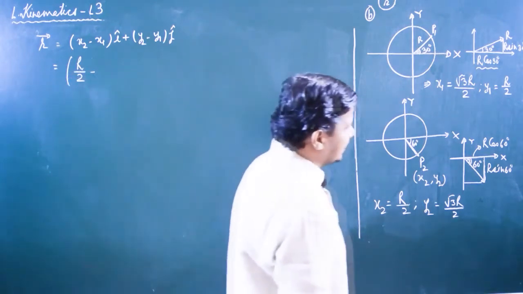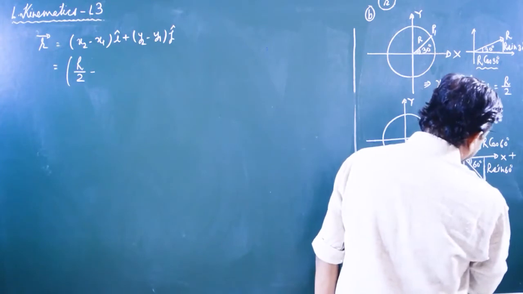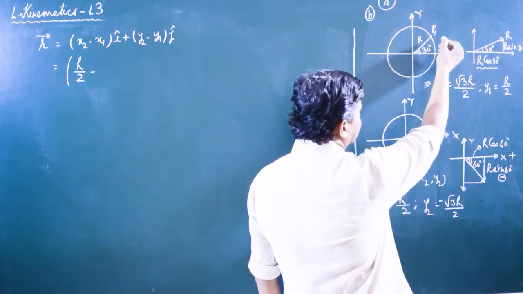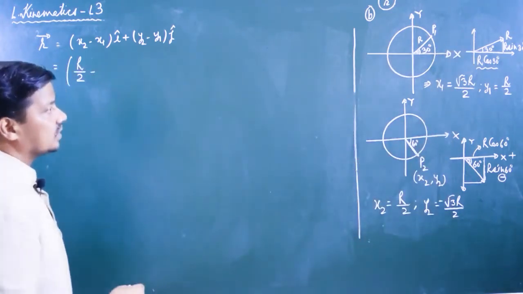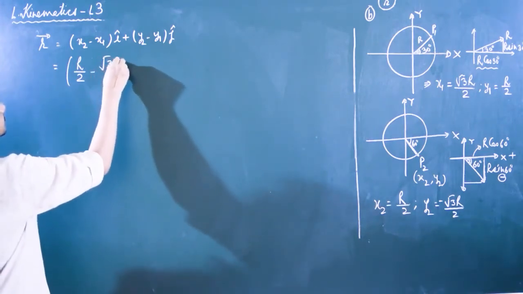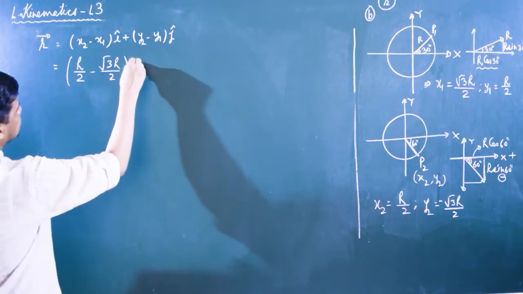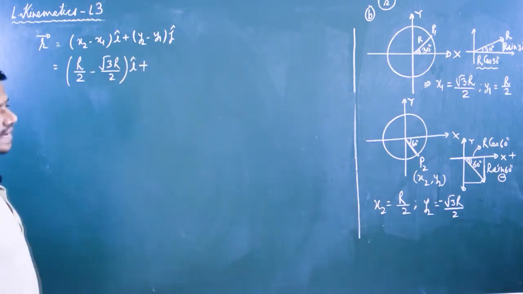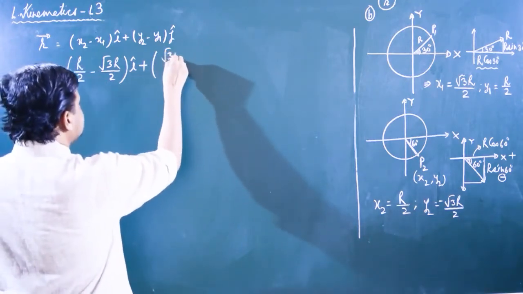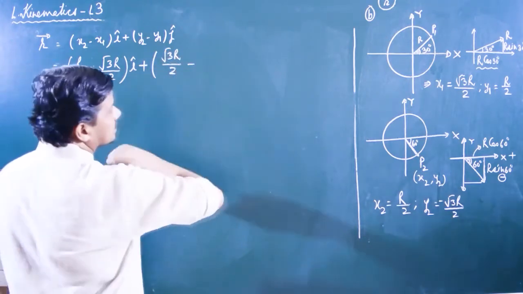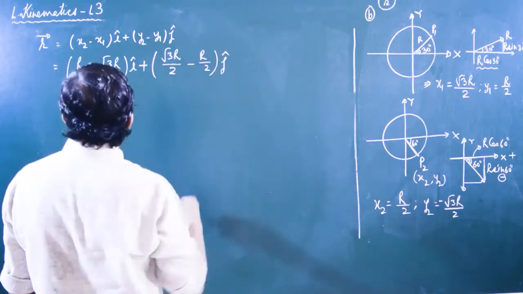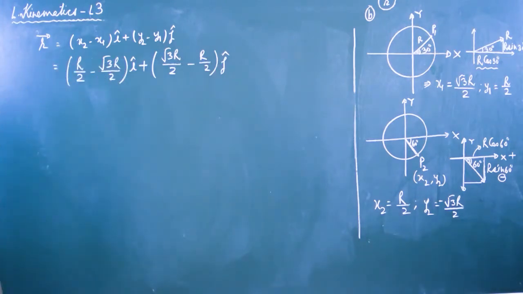See, y2 here is negative. It is positive x coordinate, it is negative y coordinate, it has a negative sign, that's why we have taken the negative value. Here both are positive, x1 and y1 in that quadrant are positive. R by 2 minus i cap plus y2 minus y1 j cap, so that is minus y1, which is r by 2, j cap. So it is the displacement of the intersection point P.